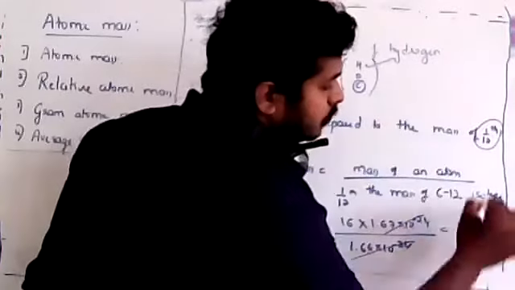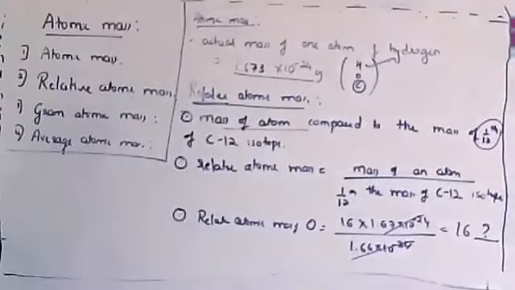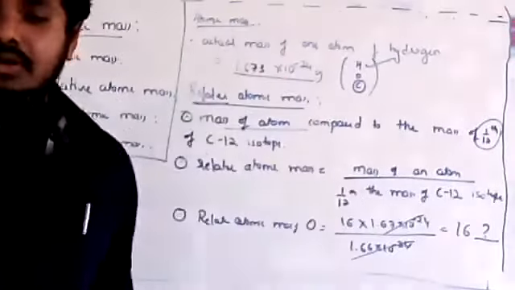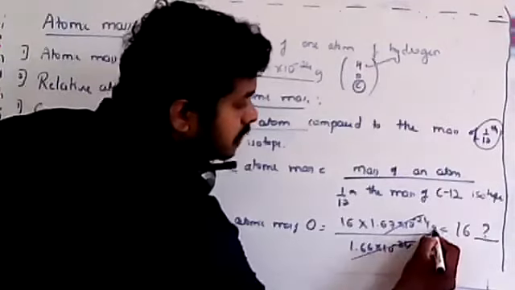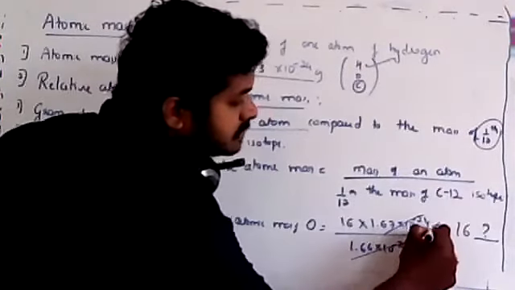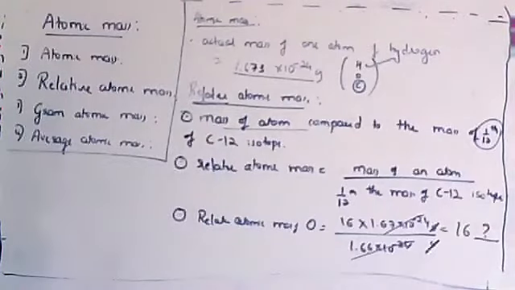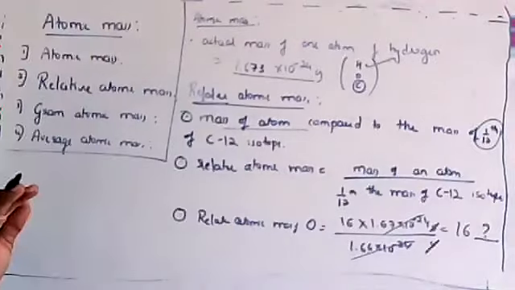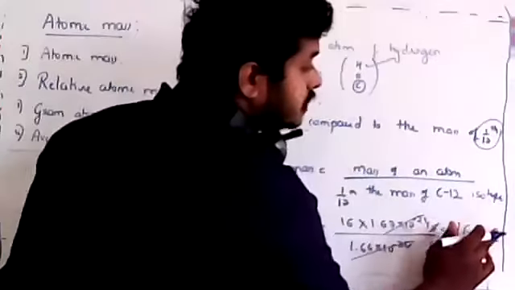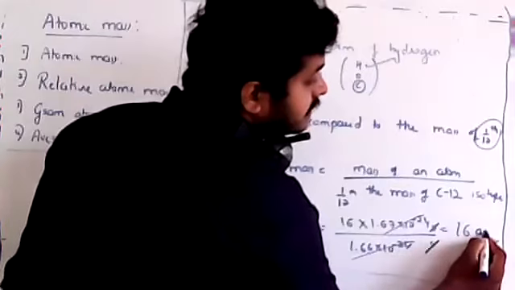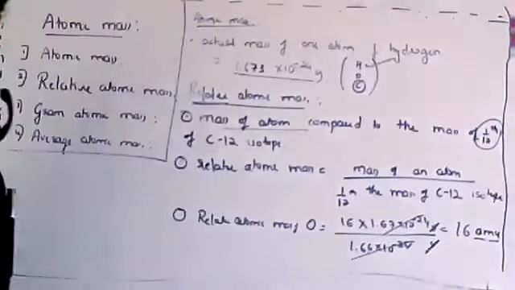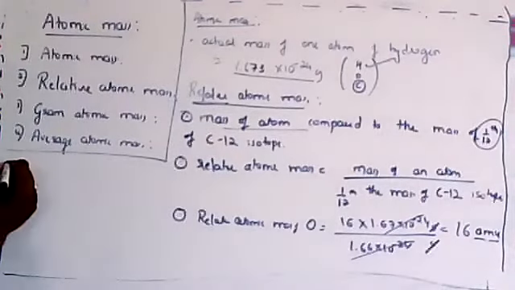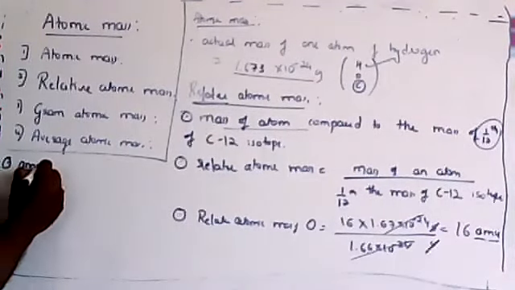There is one question that usually comes to our mind. What is the unit now? What must I use here? There is nothing to be used here. The reason is, it is relative: this is also gram, this is also gram. When the same terms are in a relative ratio, they cancel each other and you get no unit. Or you can express this as 16 AMU, or U. So you should understand what that AMU or U is: AMU, atomic mass unit.